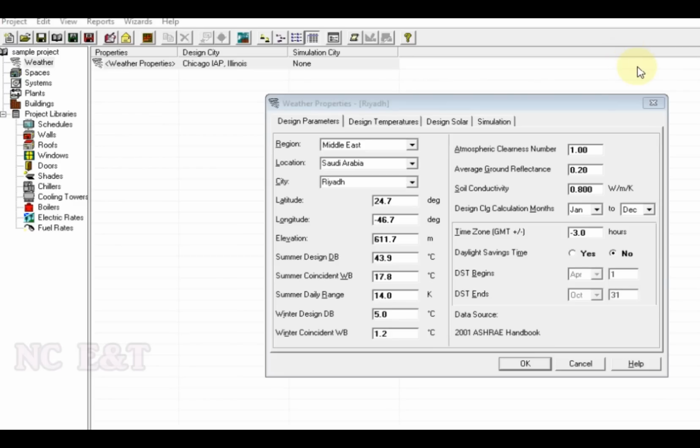Now I will be back again to make the calculation considering the city Riyadh, and there is one point I need to mention. All the calculations and all the values I am filling and explaining are only for indication purposes, only to learn how to use this application. There is a chance that there may be mistakes in the calculation and the values which I am selecting. So now we have selected Riyadh and we will click OK.